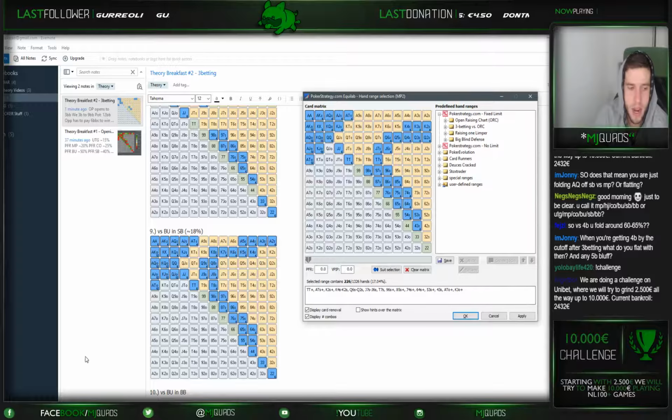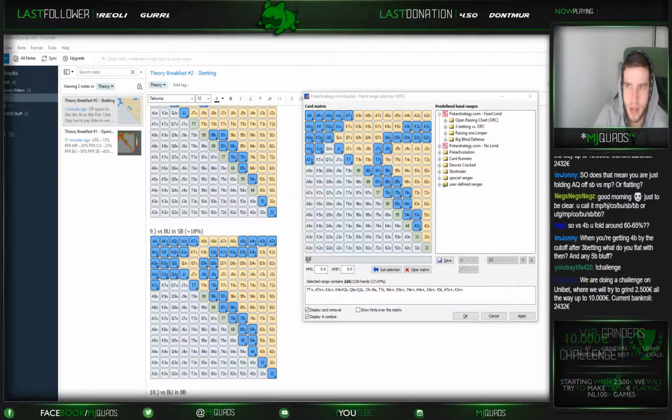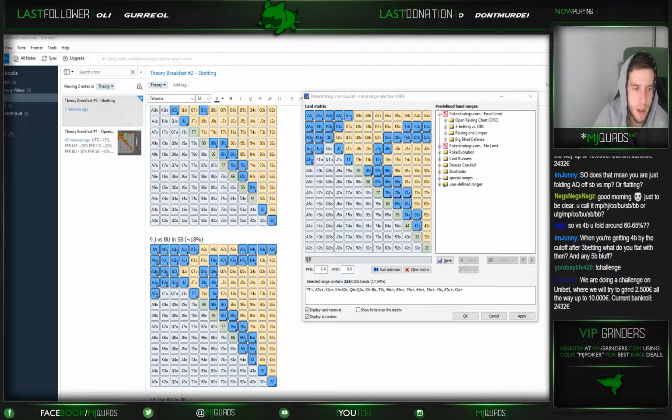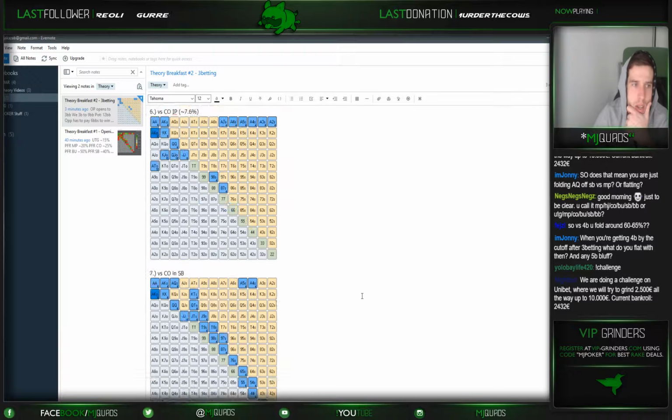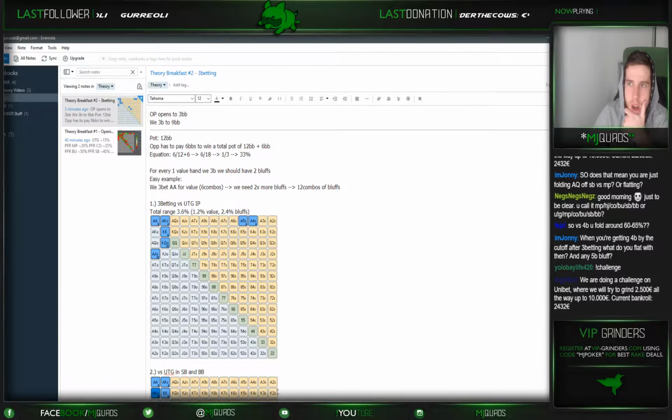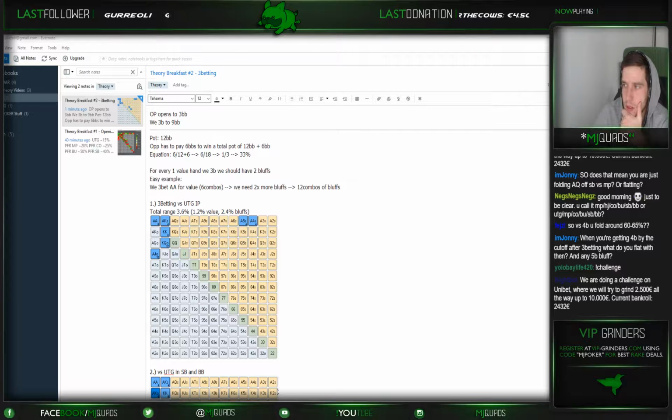Like 19% in the small blind, 17% in the big blind. I think it should be fine. So it is around 17%. So I think in general, this is how you should be 3-betting. Obviously you can go in different ways for sure, right? But the thing is,